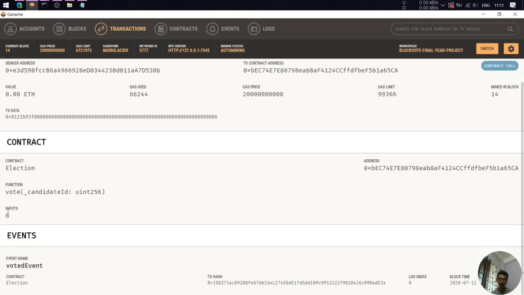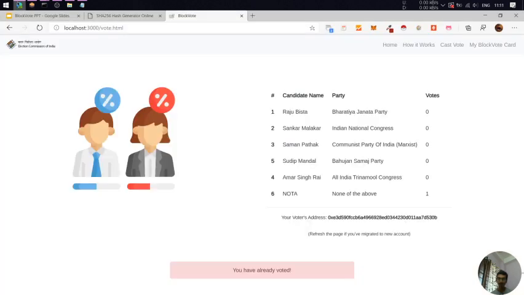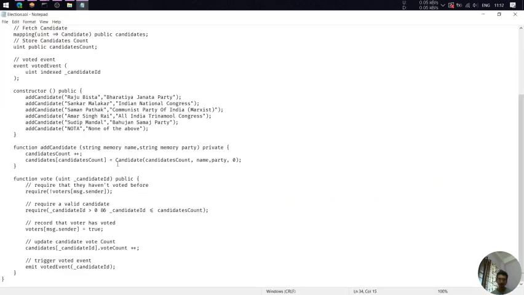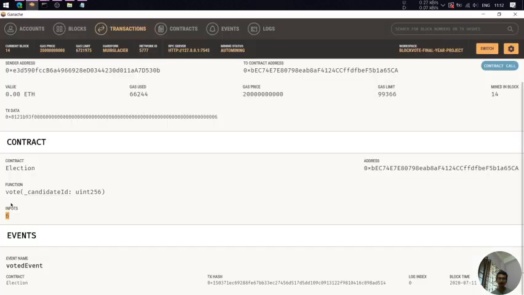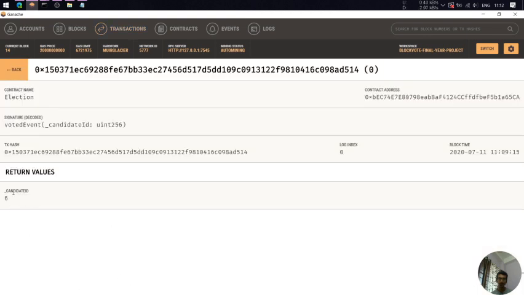So let us go right out here. You can see input 6. What does it mean? Let us go back into the block. See, I said in this contract, candidates count plus plus. So I'm using this index method to refer to which candidate or which party I voted for. I gave input 6, and you can see an event is generated. So let me also show you that. You can see out here candidate ID 6. This input and the candidate ID are the same. So it's not tampered, nobody did anything behind the blockchain.